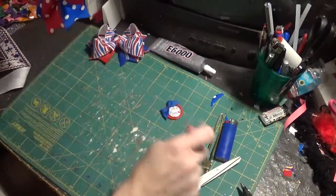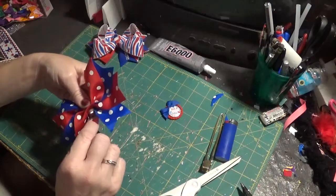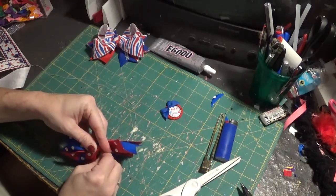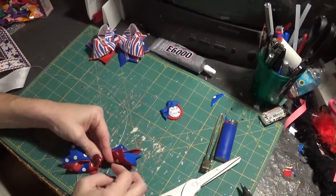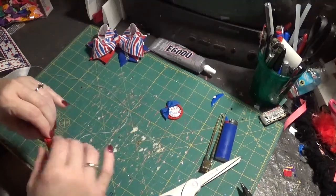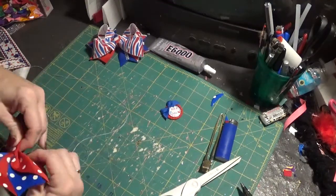Okay, and then get my thread and needle here. Push my needle through. And then of course, with this, making sure that you're in the center is going to be real